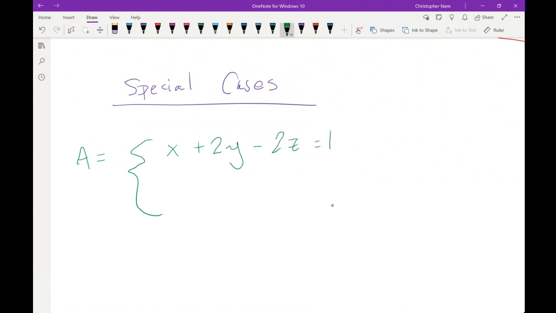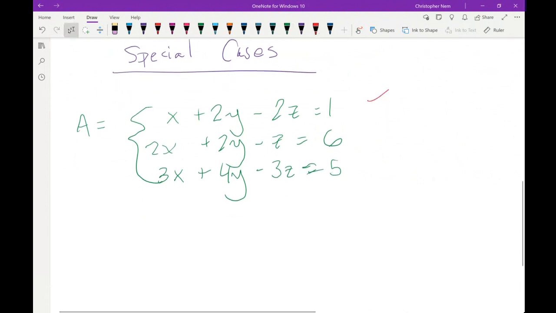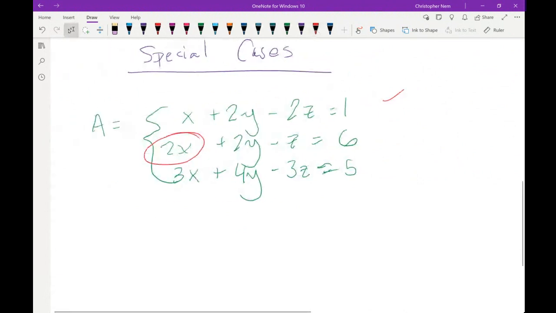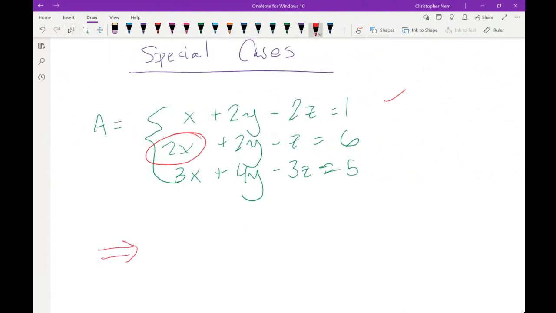x plus 2y minus 2z equals 1, and I'm going to have 2x plus 2y minus z equals 6, and then 3x plus 4y minus 3z equals 5. This system right here. First row is good. Second row, I need to delete the x. So what I'm going to do here is multiply the first row by -2, row 1, and add it to row 2, and send it to row 2, of course. That's going to give me